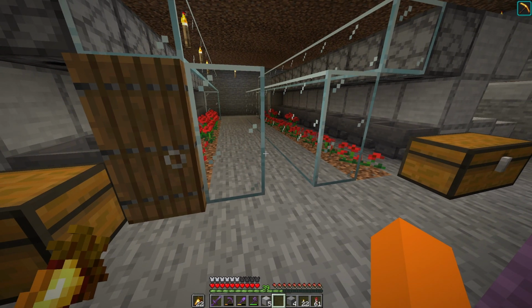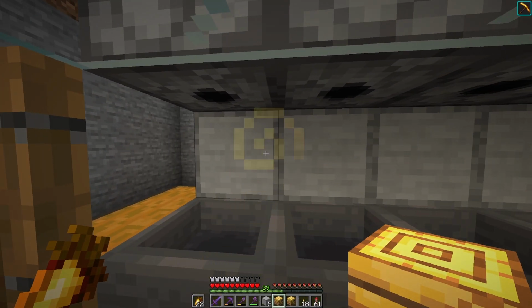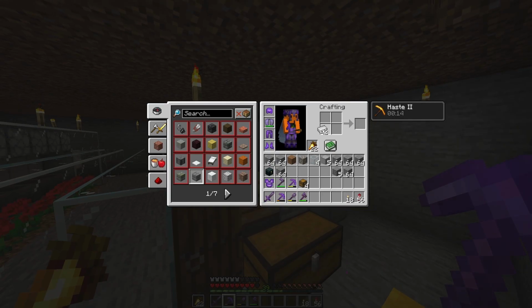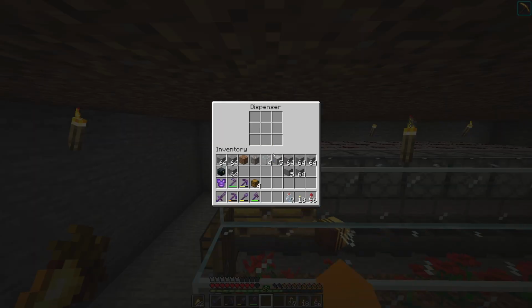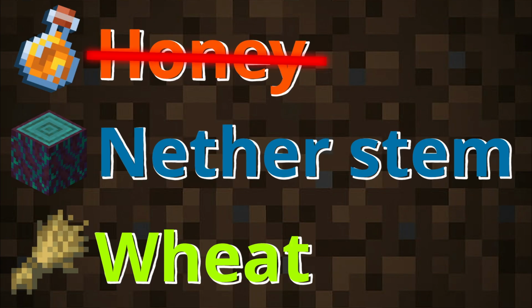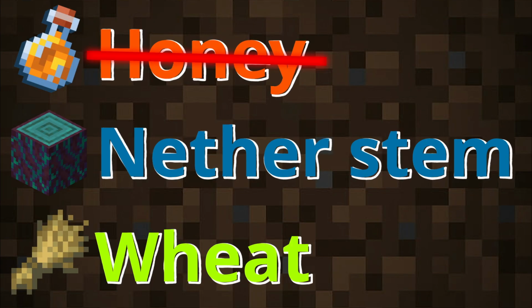Alright, that's both of them finished, and now we can actually start placing in the beehives. Then we can also fill the dispensers with shears and bottles respectively. The bottles will obviously collect bottles of honey, and then the shears will get honeycombs. And with that, the honey farm is completely done, which means we can move on to the next step, building